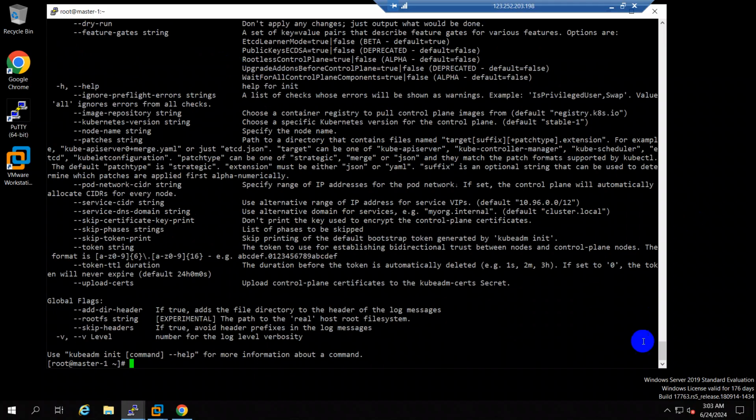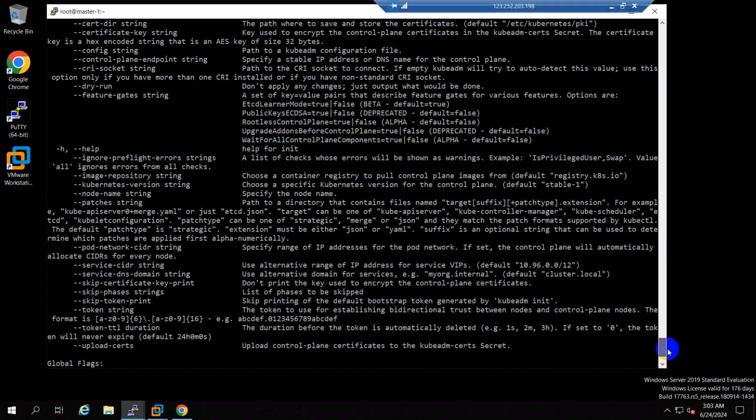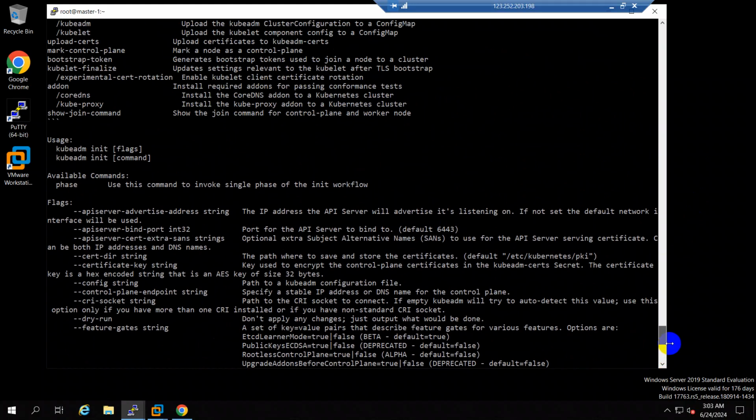You can see there are so many arguments available: API advertise address, API bind port number. These are different arguments, and every argument should have its own